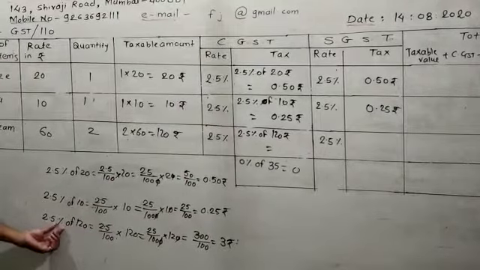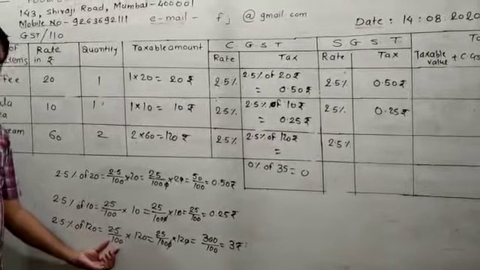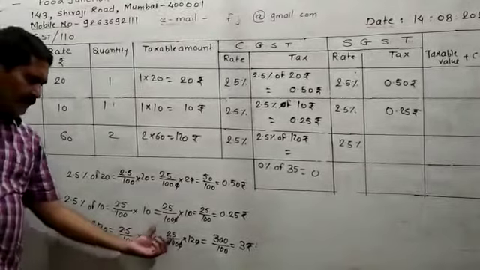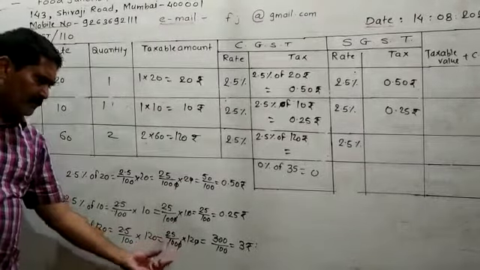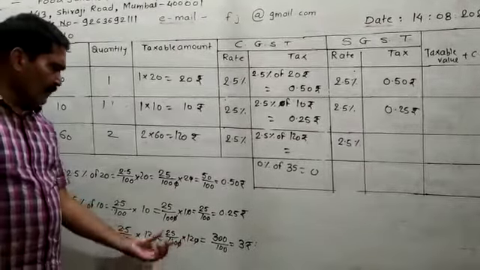You have to remove the percent sign. At that time that becomes divided by 100. You have to shift the decimal one place. At that time that becomes 25 upon 1000. You have to strike the 0. 25